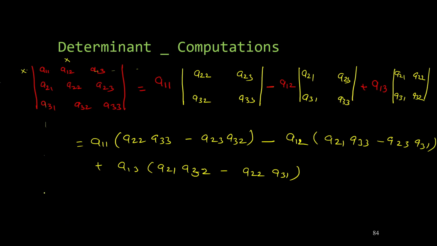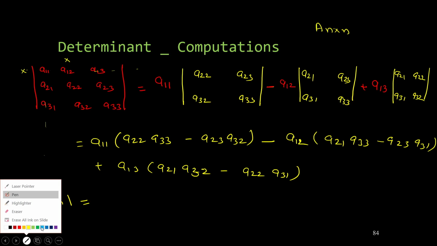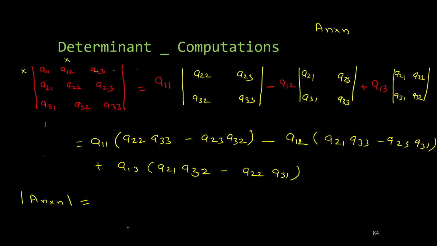If you want to write a general formula for the determinant of an n cross n matrix, let me just show you a pattern. Those who are from math can always generalize the formula very simply. They just write the formula for 2, they just write the formula for n equal to 3, and they can generalize it for n, whatever it is, right? And if you are not from math and if you want to avoid this detail, you can skip this. But let me show you.